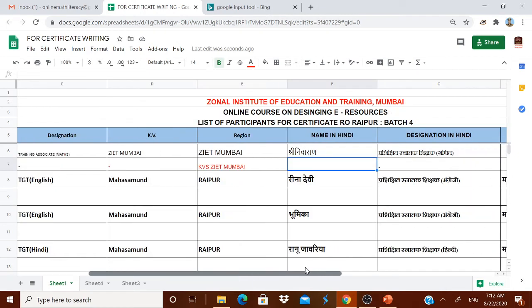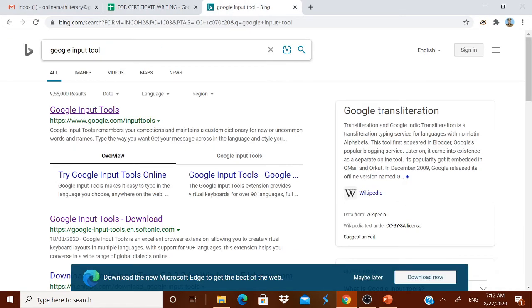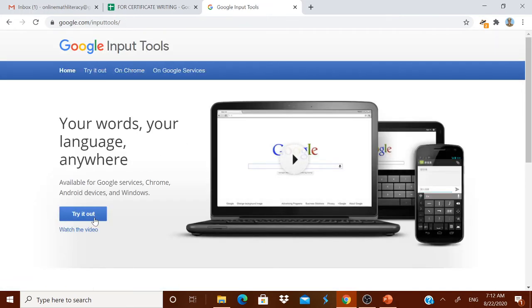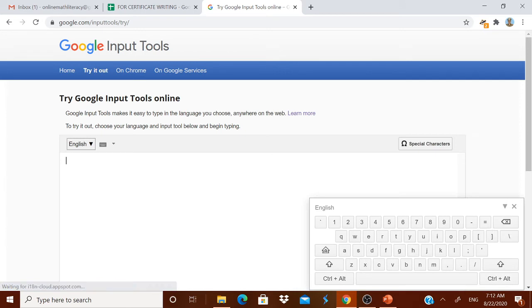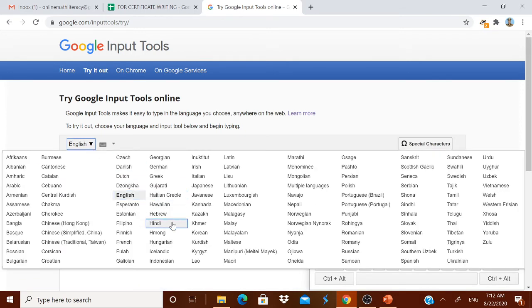Now I will come back to Hindi. Here there may be some mistakes in your name in Hindi because this translation is done by Google formula. Therefore there may be some mistake in the name in Hindi. How to do it? If you can type directly using Unicode or Google input, you can do it. Those who are not able to do it, go to net, type Google input tool. Google input tool will open. Now here you can type it in Hindi. Click it and select Hindi.